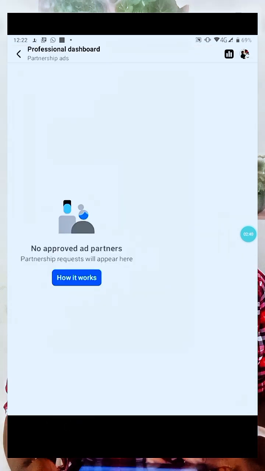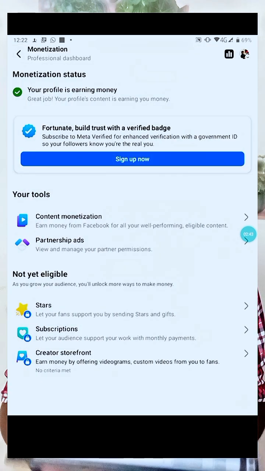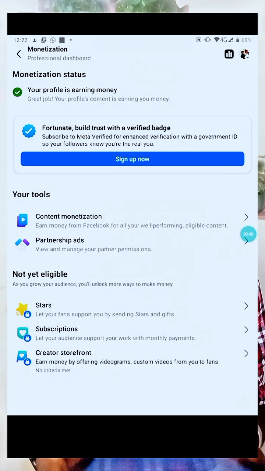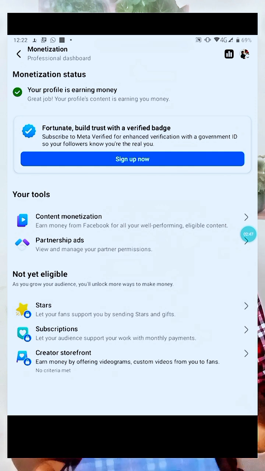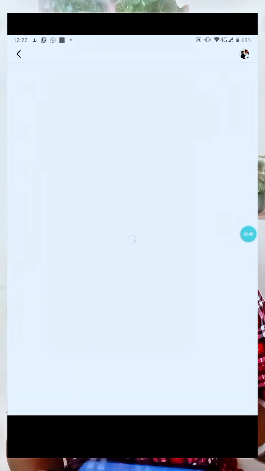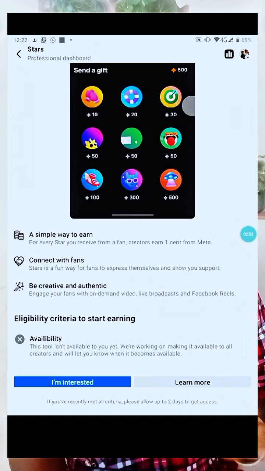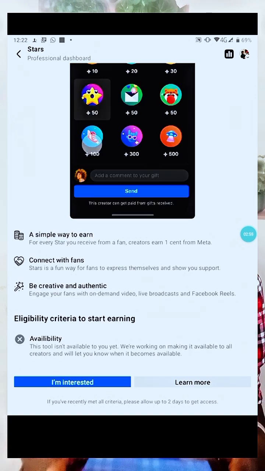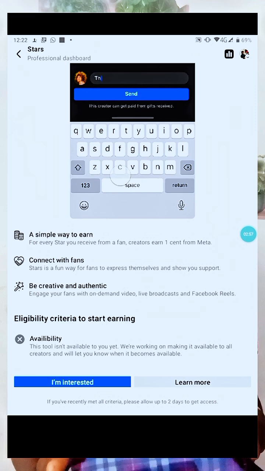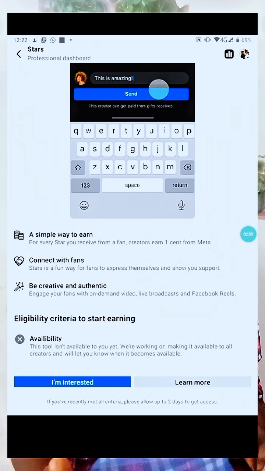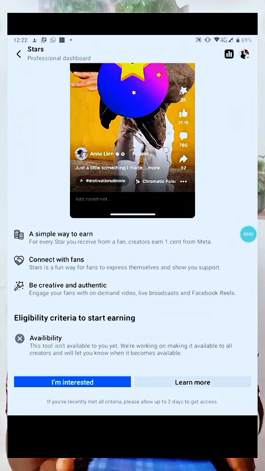So let's quickly look at the other one. We see that you can actually earn from stars. This is when people get to your fans. If you have a large fan base, people get to send you stars, which you can actually convert into money. So this is what it is all about.